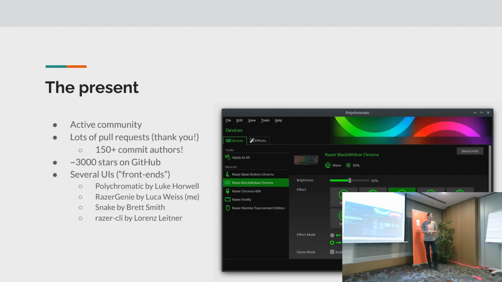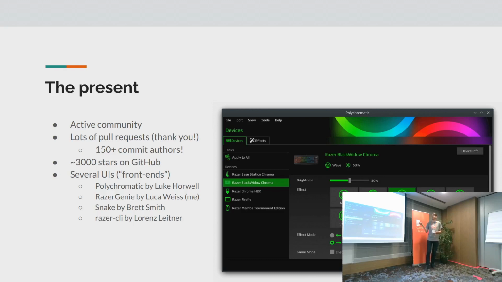So what do we have currently? We do have quite a lot of things going on. We get regular issue reports, mostly for new devices, but also just support for existing devices. So from this we can actually see it's getting used. Our GitHub repository has about 3,000 stars, which is very nice to see, even though it doesn't really mean much. Lots of pull requests we get, mostly with new devices that are getting supported. We have over 150 different authors in the Git history, which I think for open source projects is relatively unusual. But most contributors basically add support for their device and then disappear again because it works for them, which is good.